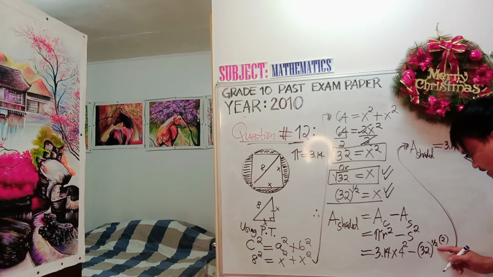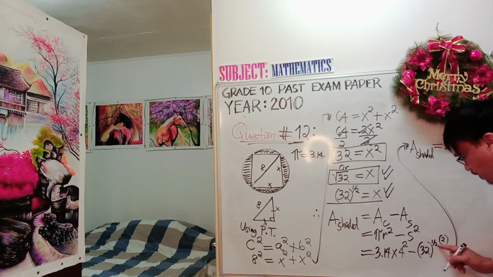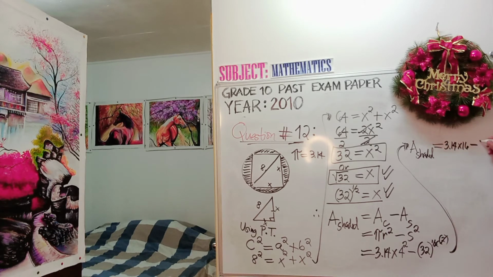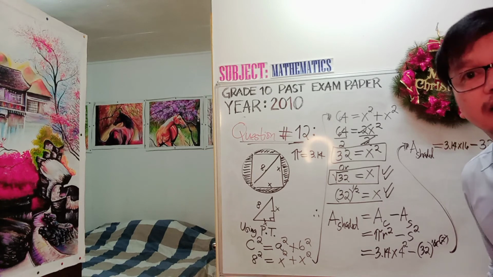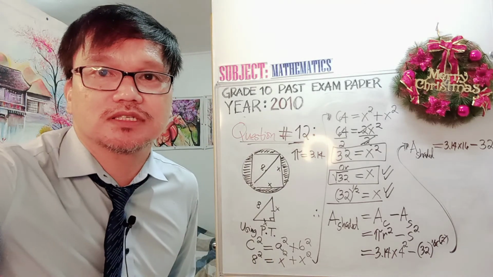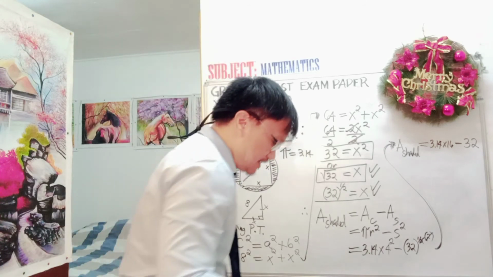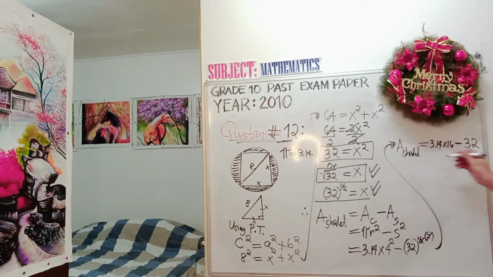In the law of indices, you multiply 2 times 1/2, which is equal to 1. So therefore, you can cancel the 2, cancel the 2. What is left now is simply 32. Can you see it there? Let me check if you can see 32. Okay, all right, thank you. And we have 32 now as the answer.